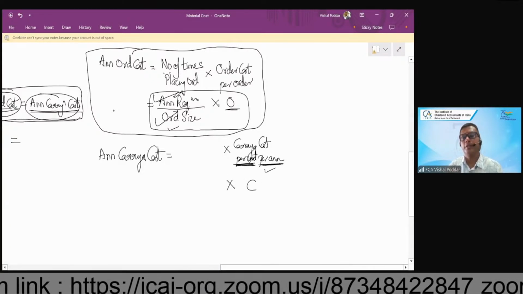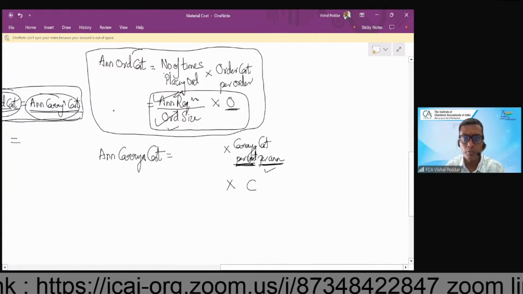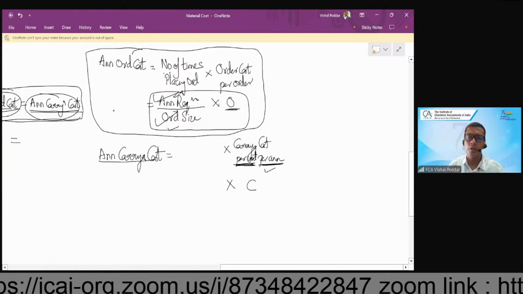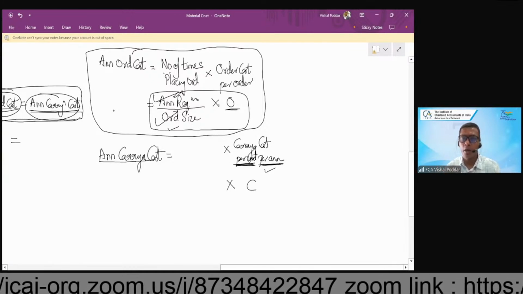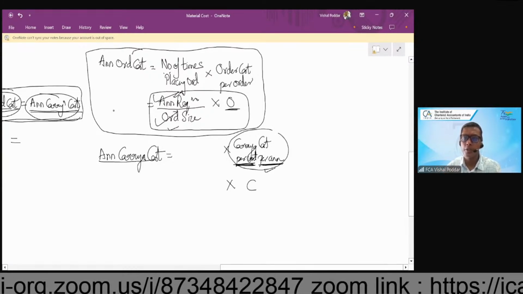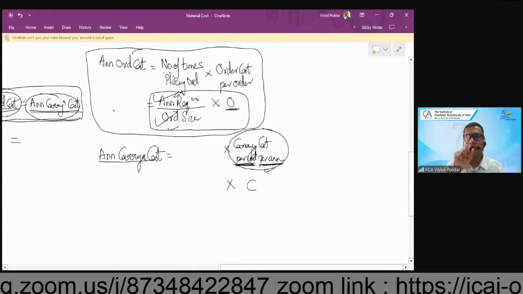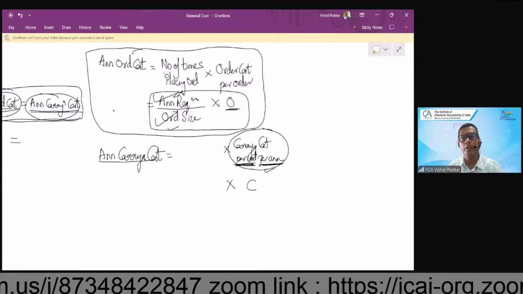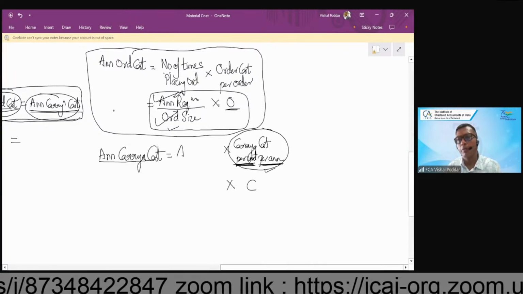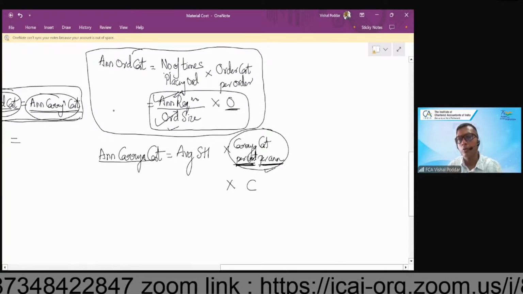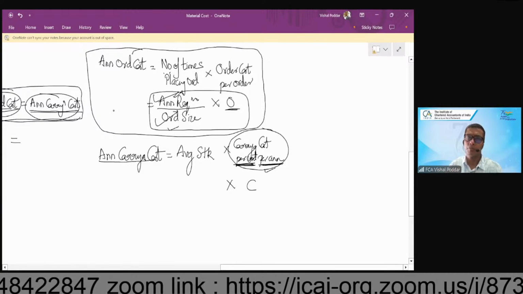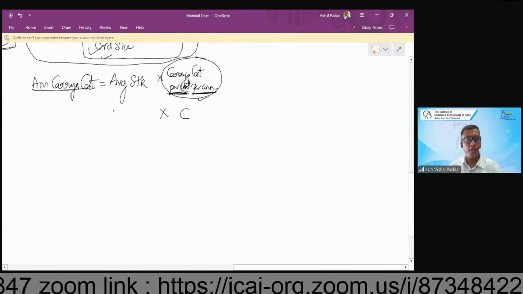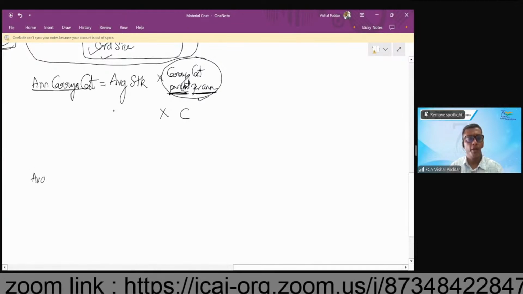Now I represent it by C. Now pay attention. I need to multiply it by stock to find out the total annual carrying cost. In simple words, storage cost. I need to multiply this cost, which is for carrying my 1 kg for the whole year, by the stock which I will be carrying the whole year. And we all know the stock fluctuates. Whenever anything fluctuates, you take average. Now the interesting part is, how do I find out this average stock? This is going to be very interesting,